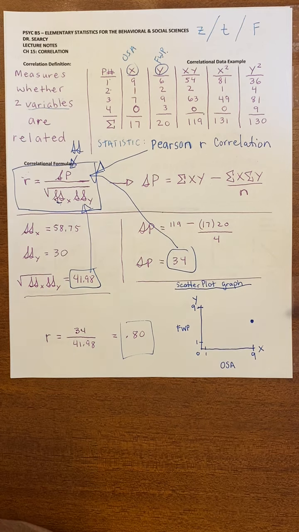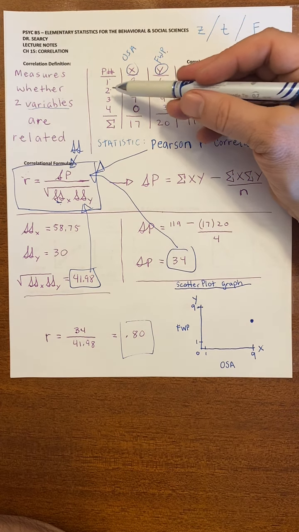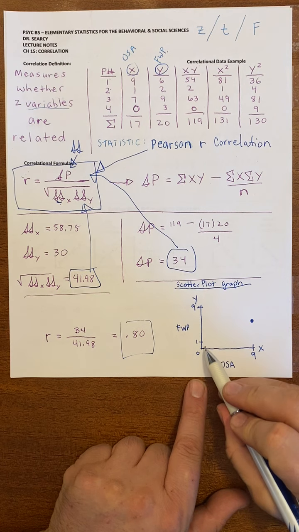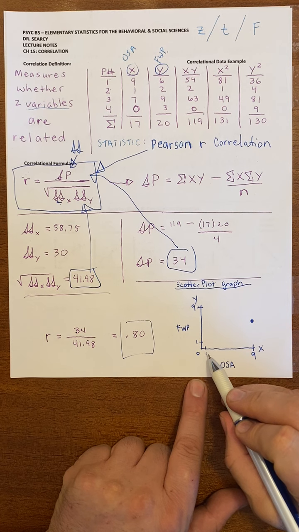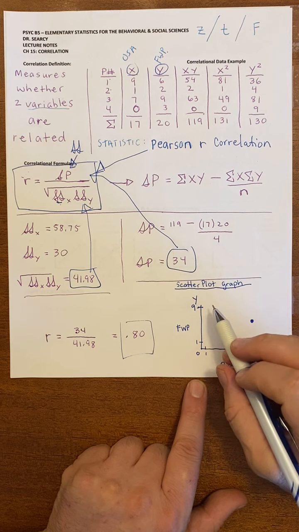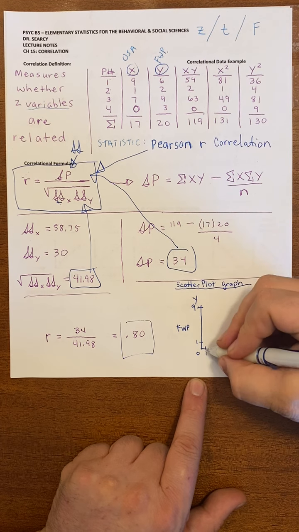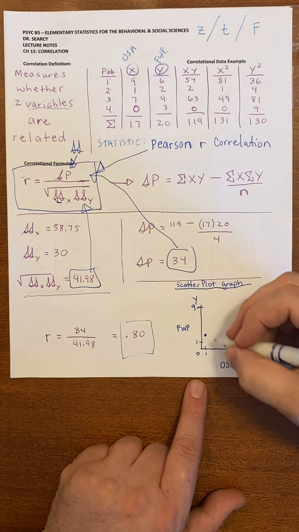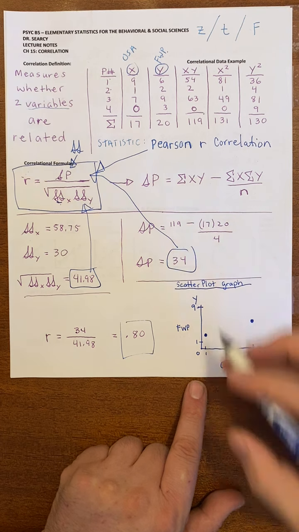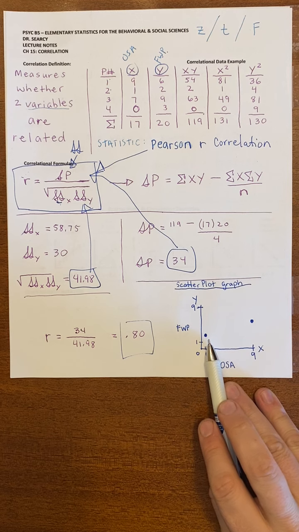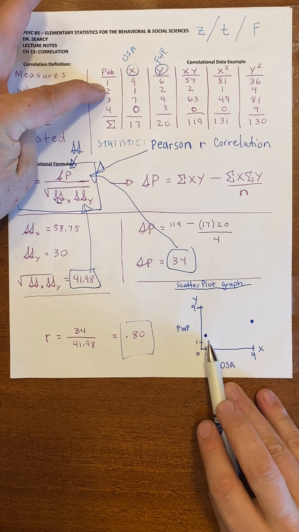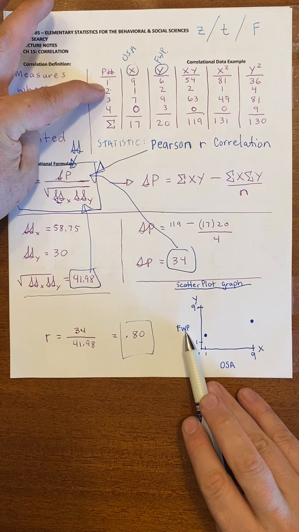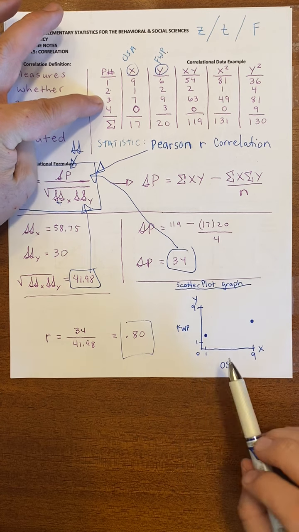Let's now just go ahead and do that with the other 3 participants as well, right? So participant number 2, their x value was 1. So I'm going to draw the dot here, but how high am I going to go? Well, their y value is 2, and I'm saying the 2 is about right there on the y-axis. So that's where their dot will go, right? So that's a dot representing participant number 2's 2 answers. 1 in terms of online sexual activity, and 2 in terms of fights with partner. For participant number 3,